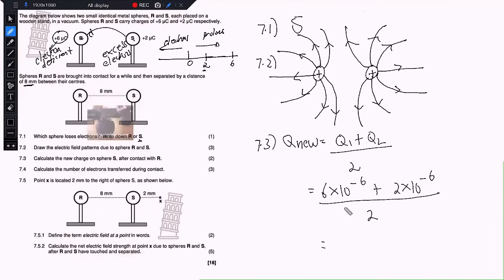Now, when you punch that into a calculator, you get positive 4 times 10 to the exponent of negative 6 coulombs. So this is your new charge. And therefore, what does it mean? It means that